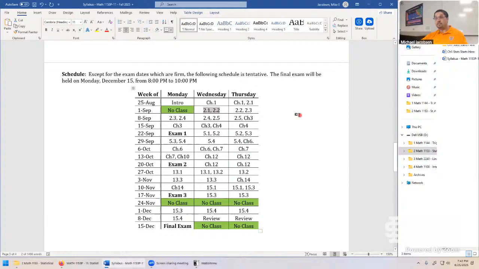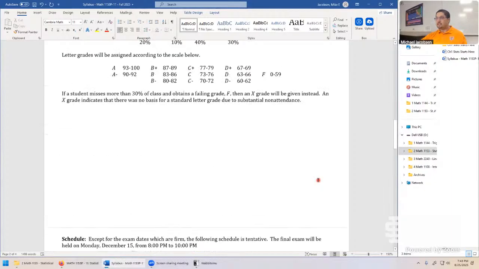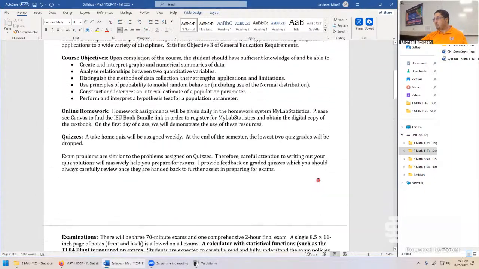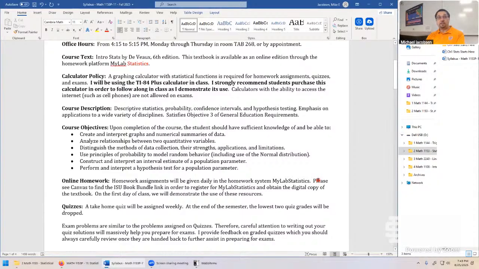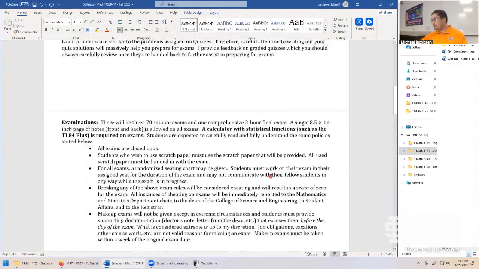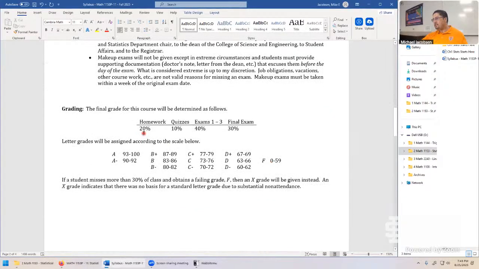And so that's going to be our pattern for every single one of these chapters. Chapter 2 is a little bit longer. It'll be the same for each one of these sections, section 2.1, 2.2, and so on. So that's essentially how the course is going to proceed with the homework. The homework is not meant to be really a whole huge time commitment. And if you look at the breakdown, I do have homework at 20%, quizzes at 10%, and the examinations for the rest. They require the final to be 30% for this course.